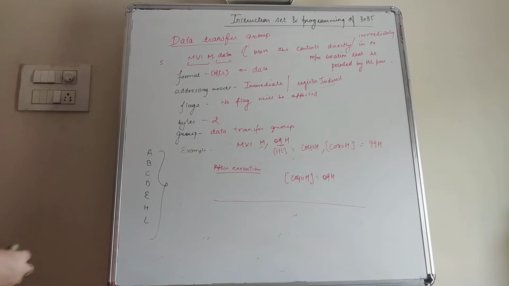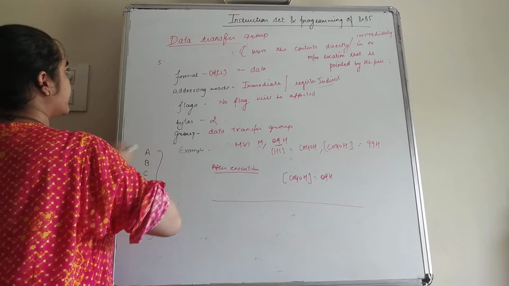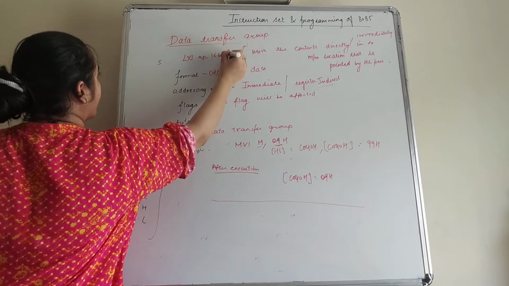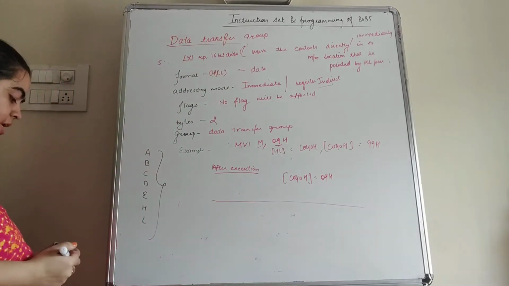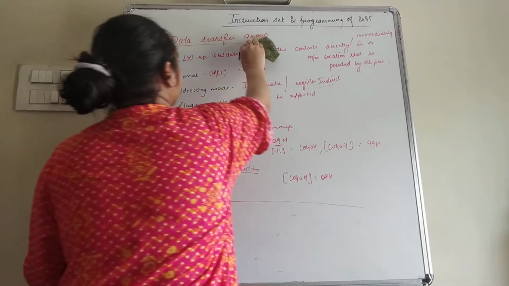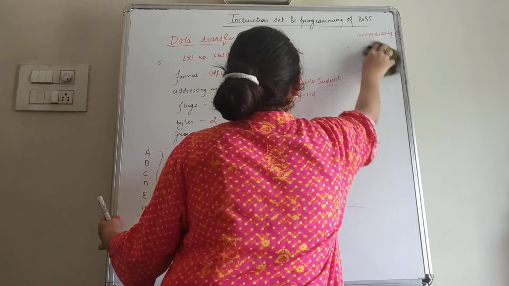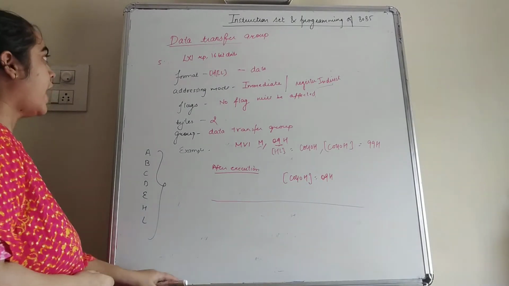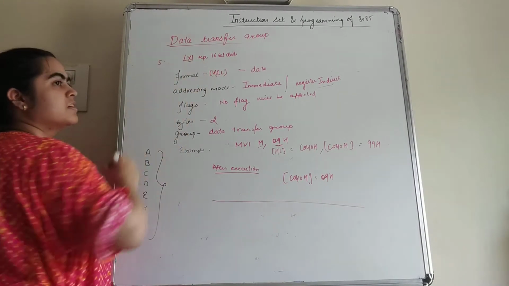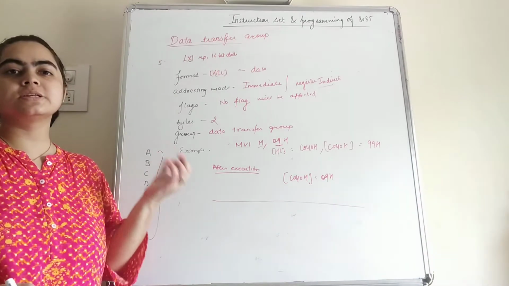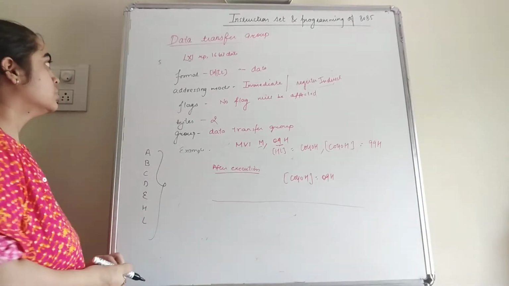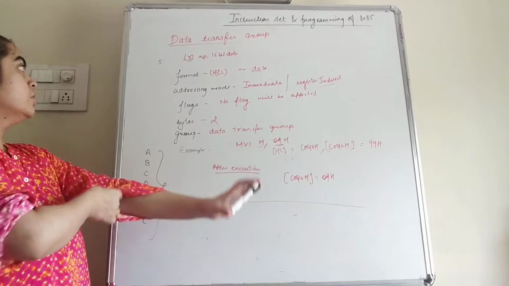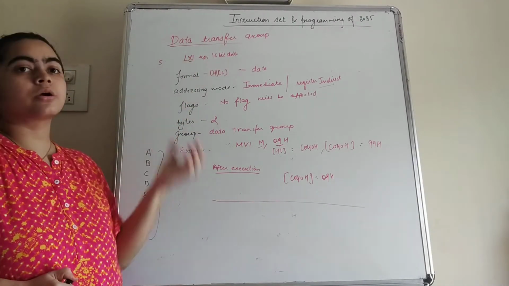After this, next instruction we have is LXI RP comma 16-bit data, or we can write here 16-bit address. So students, this instruction means we can load the data immediately into the register pair. So if in any instruction X is given, that means we are talking about the register pair, not about a single register. So if you find that X is present, you can come to know that we are talking about the pair.